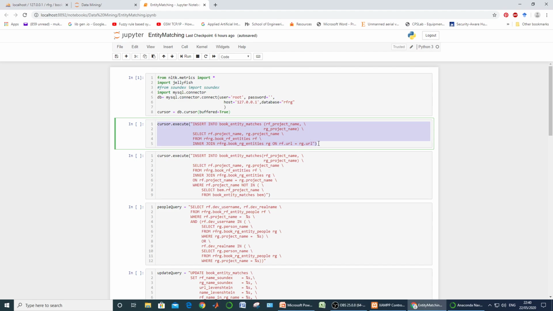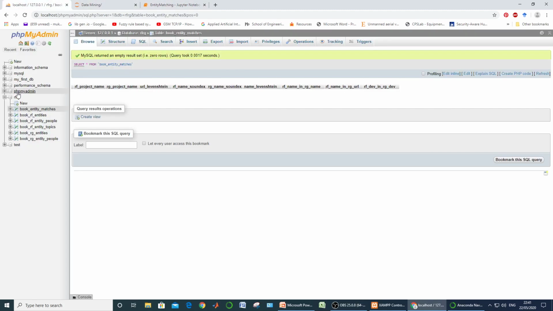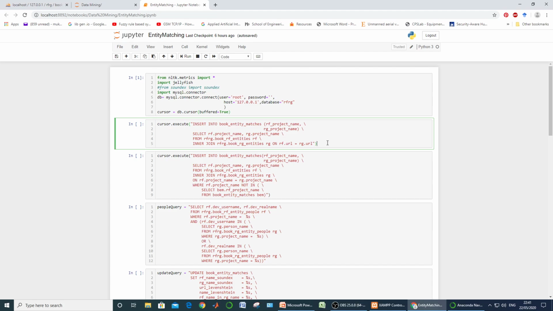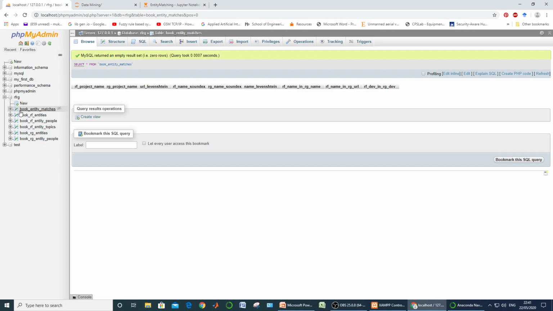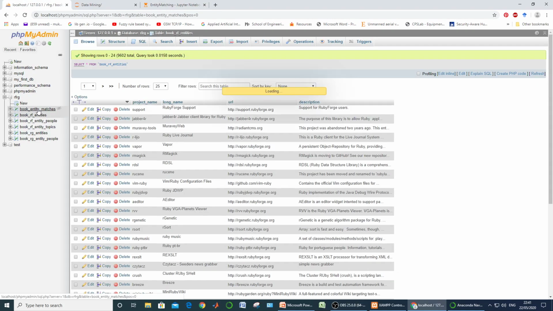So initially we have just seen that our final table, that is book entity_matches, is empty. And now try to execute this. If we execute this, then some rows are going to be inserted in our book entity matches table.